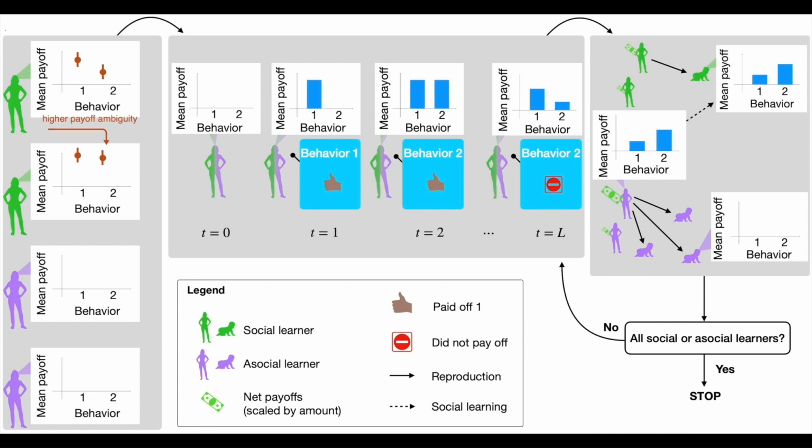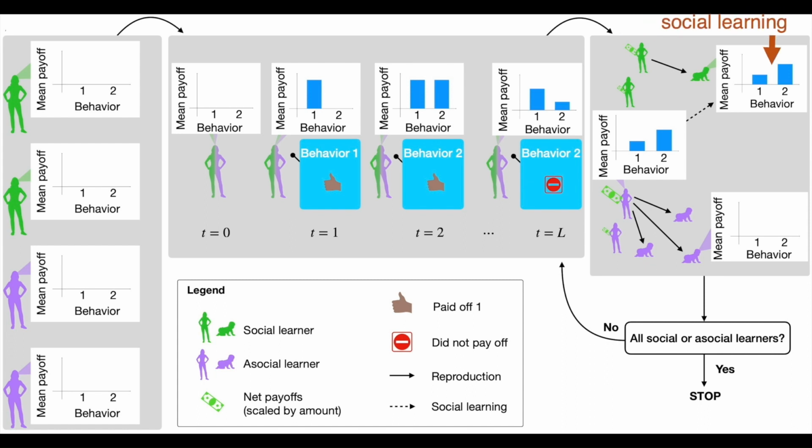In the leftmost panel, the agents in the model are initialized without any knowledge about the possible payoffs from each behavior, but they do know how many behaviors are possible. Agents try different behaviors selected through softmax selection, updating the mean payoffs observed for each behavior as they get them. After the agent's effective lifespan is over, the most successful agents are preferentially selected to reproduce.